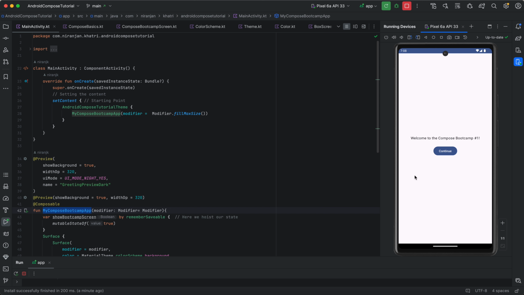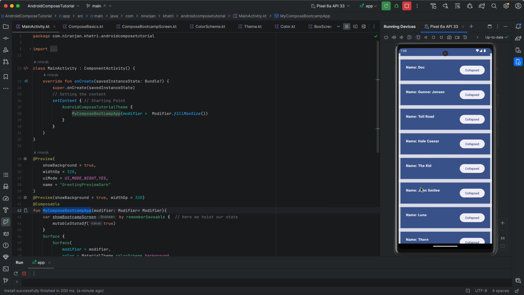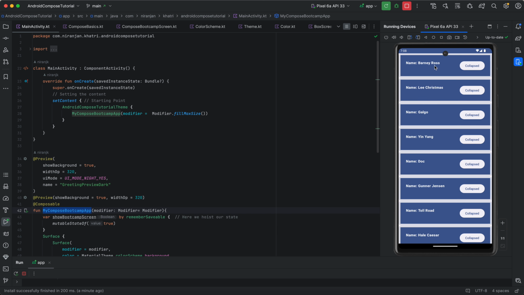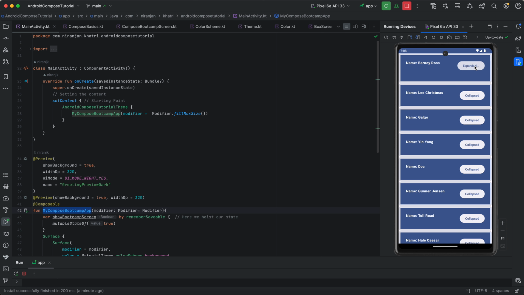So this is the demo of what we're gonna build. It's a list of expandables. This is the character of expandables, and this is pretty much collapsed and expanded. Okay, that's it. So this is a pretty simple application, but we are going to learn all the basic fundamental concepts about Compose, the core concepts of Compose in this bootcamp. So without wasting any time, let's go right to the